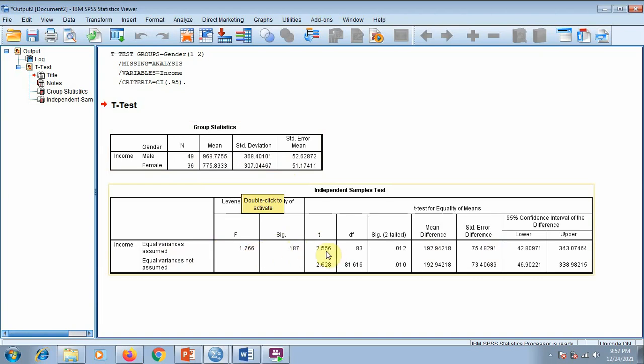So the F value, and we come to the T value. As I told you, the T value in absolute sense should be more than 1.96 or 2 in general, then we can accept the alternative hypothesis. So in this case the T value is more than 2, it is 2.55, and this significance value, which is 0.012 here, is less than 0.05, which means yes, the difference is statistically significant. By the way, the difference is 192 between these two mean values. So that shows that yes, there is a significant difference between male and female in terms of salary, and male are earning higher income or salary compared to the female according to this sample result.